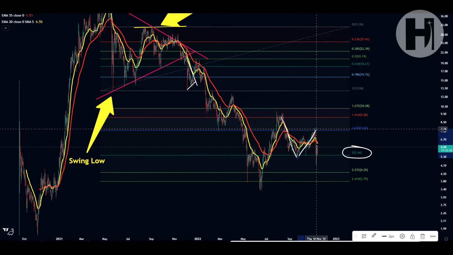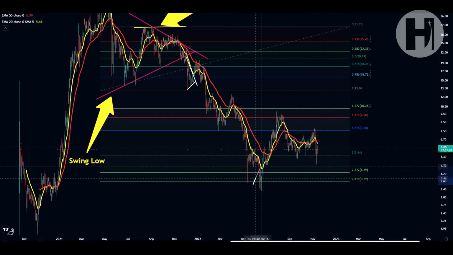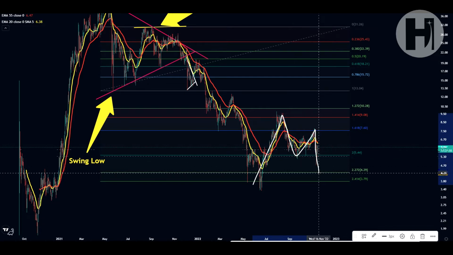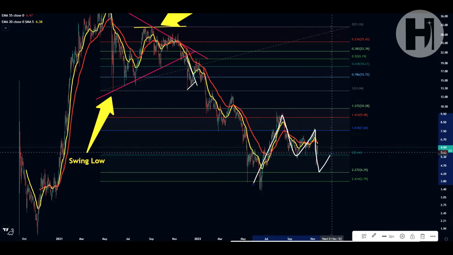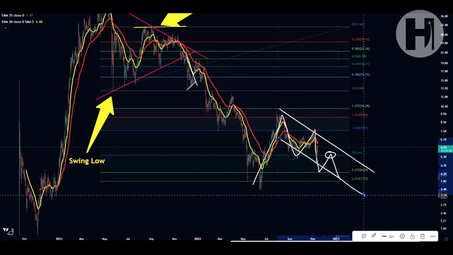We saw a retracement to the upside to the 1.618 at $7.60, and a retracement from there back to the second fib level. So we can see that you're gradually retesting all of the fib levels as resistance, and you're getting pushed back down. So if you lose this second fib level, you get supported by the 2.272, you might as well just reject the second fib level and continue on. And you're going to be in this downtrend, right, until you break out of it.